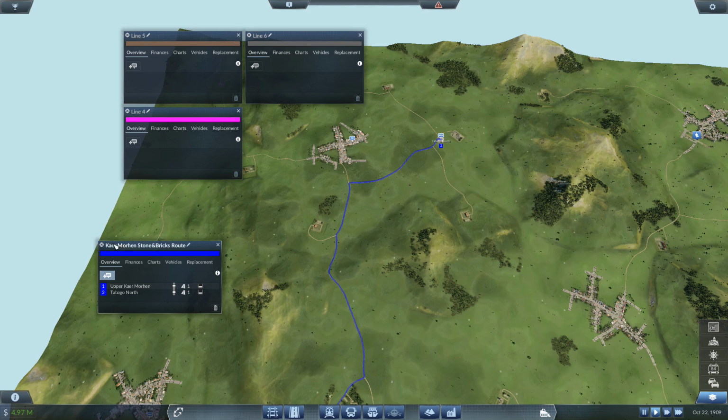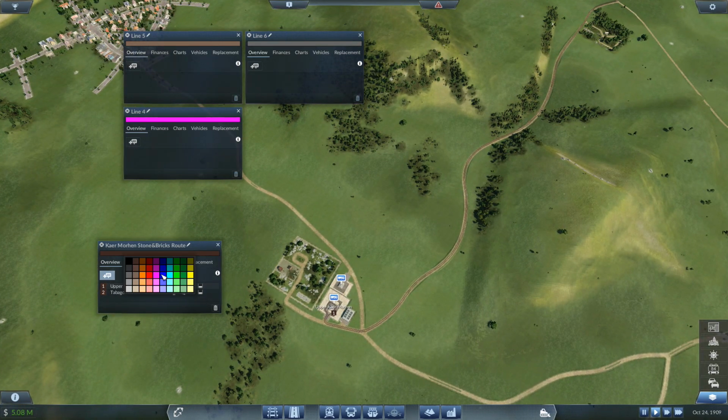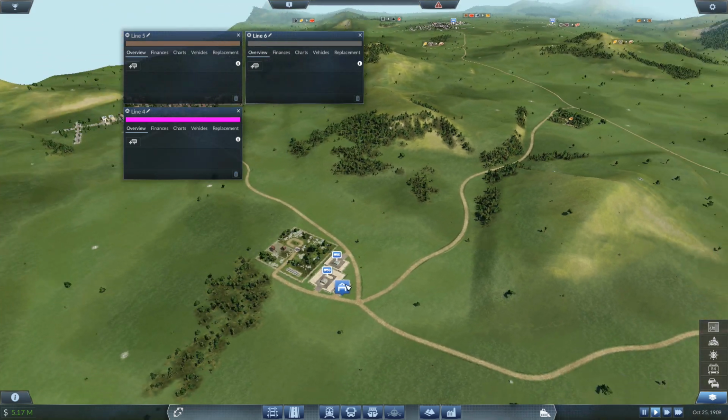Yeah, I think that'll do. We'll change the color to brown. It's going to be for wood, I think. I don't know, something like that. Maybe white. We'll leave it white for now. Okay, so we're going to need